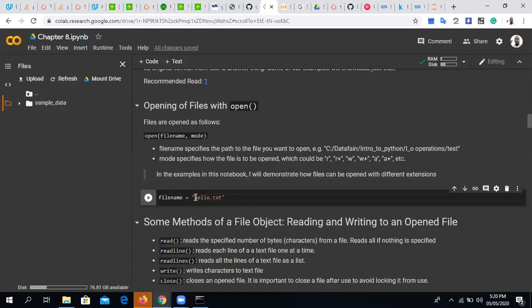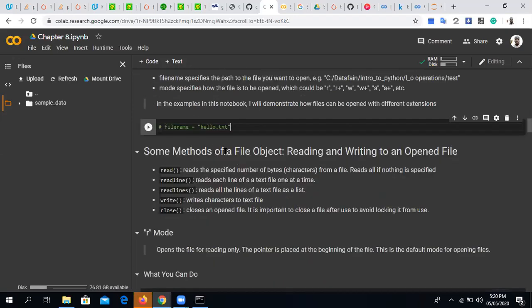So we won't need to specify the file path, but put it at the back of your mind that if you want to open a file that is stored elsewhere, that is not in your current working directory, you cannot use just the name alone. You have to copy the absolute path. Okay, so I'm going to comment this out because now